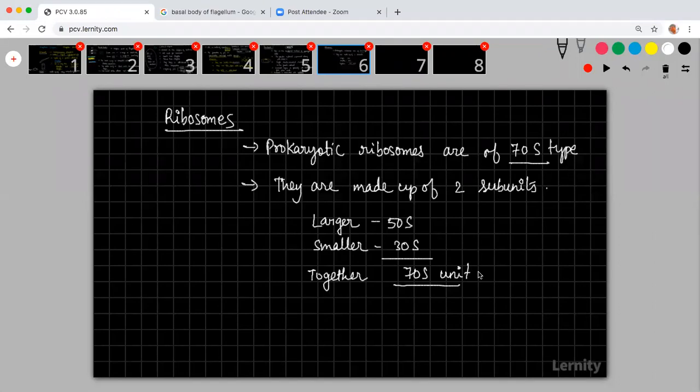I think I explained how this 70S is coming and it is not 80S. Please refer to my other class notes so that you'll understand it. Please refer to the old videos which are provided. You will be able to get it. If I teach that thing now, it will take half an hour for me to explain.